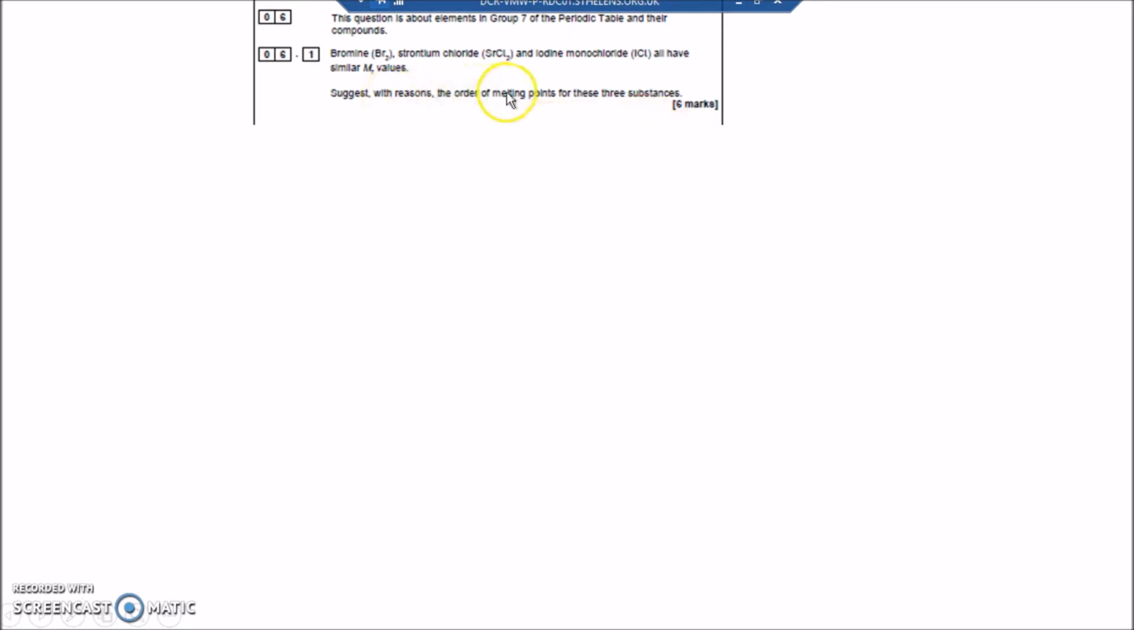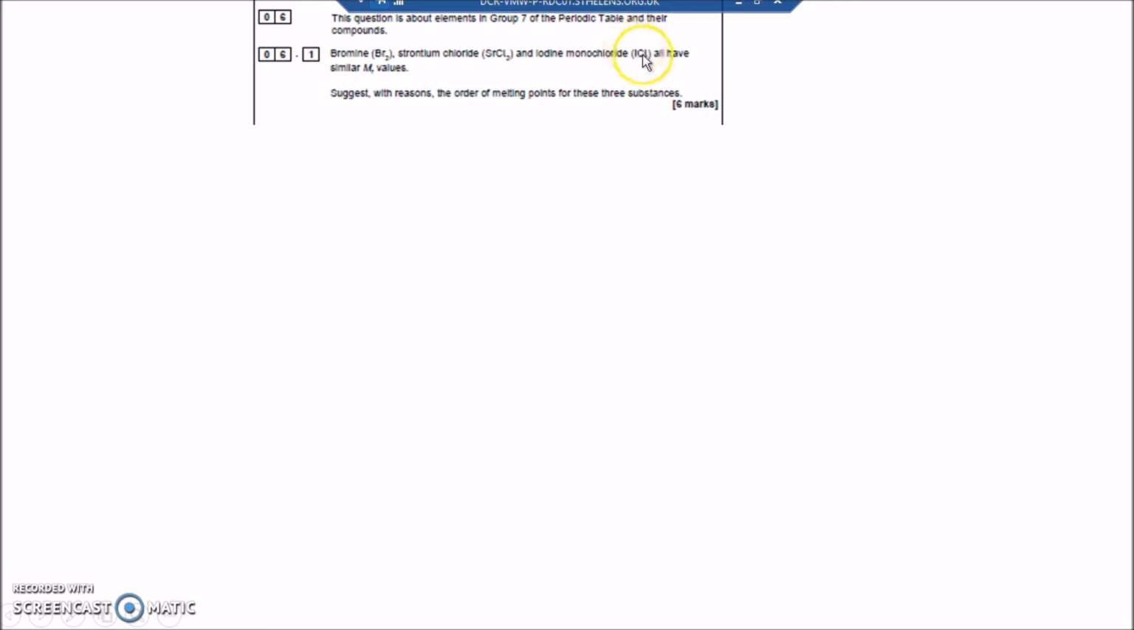Suggest with reasons the order of the melting points. Well, the one with the highest melting point is going to be strontium chloride, SrCl2, because it's ionic, with strong ions held together, strongly attracted in an ionic lattice. Next will be ICl, because there's some electronegativity in the Cl, so you get polar bonds,